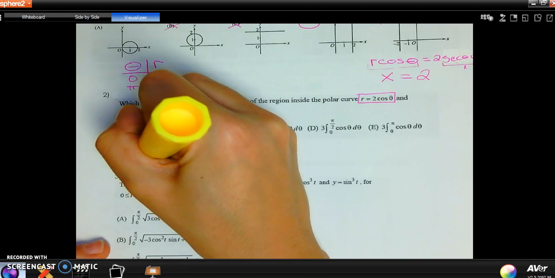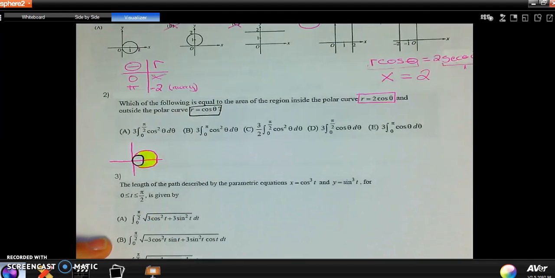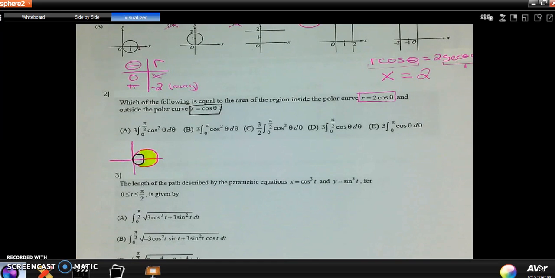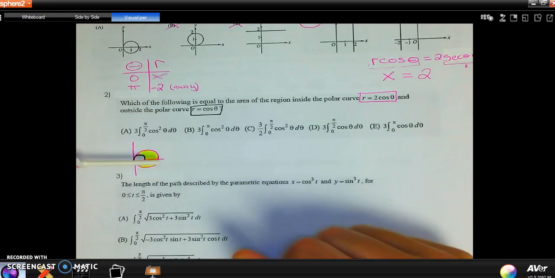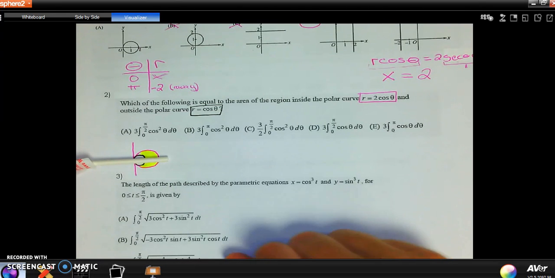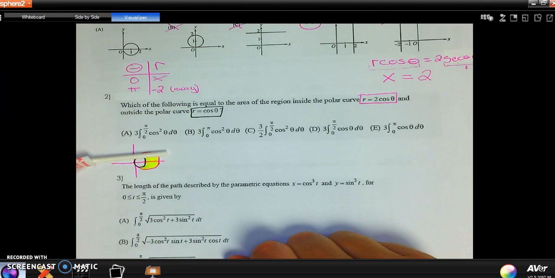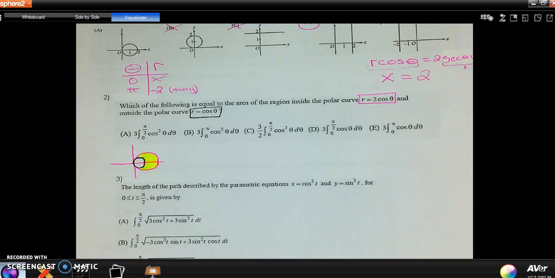I don't know if the highlighter is going to show up, but that's the area that I'm looking for. So to get that, I'm going to use my sweeping brush technique. And look, I got a little lollipop here, so this will be perfect. So in my brain, 0 makes sense to me. So when I'm sweeping, right, if I go from there and I'm sweeping up, that pink curve is always on